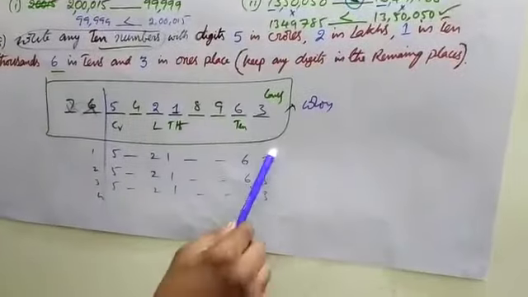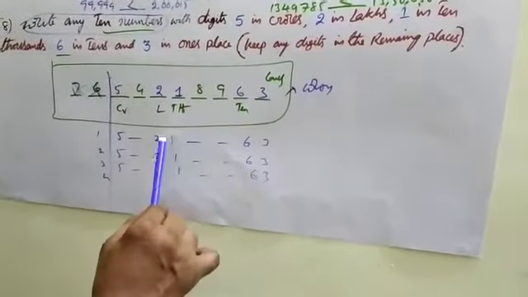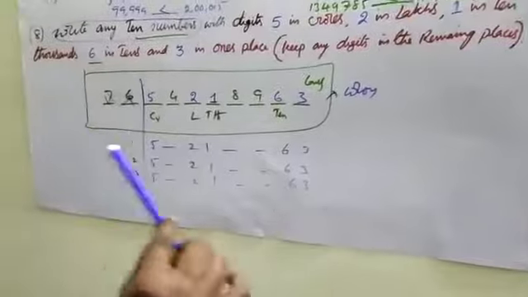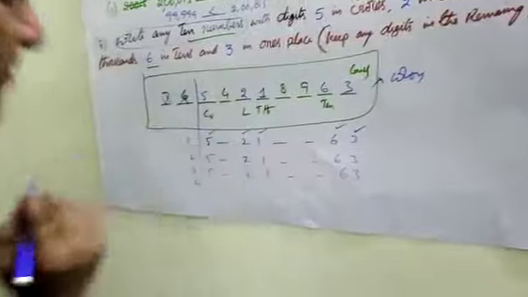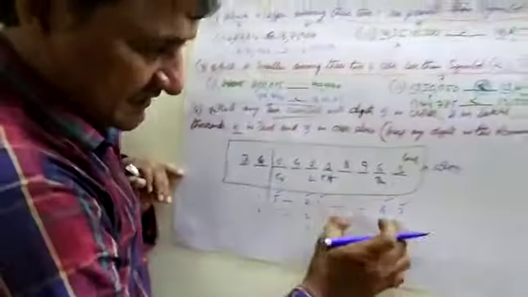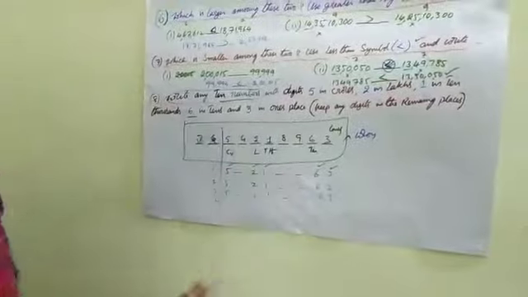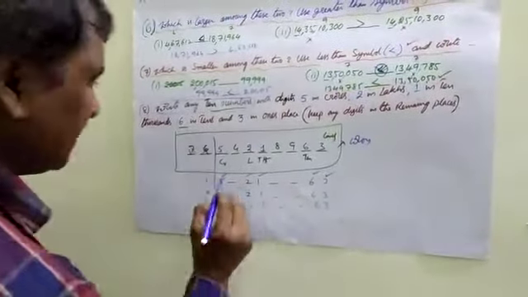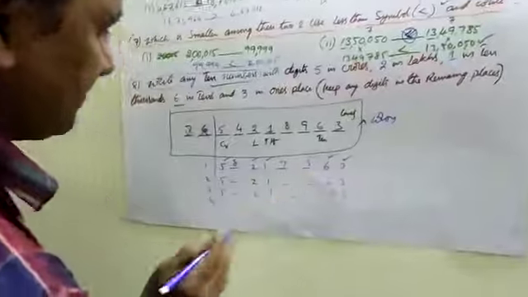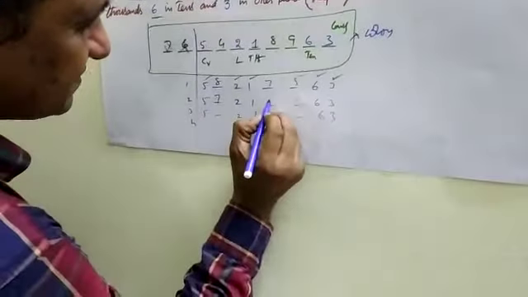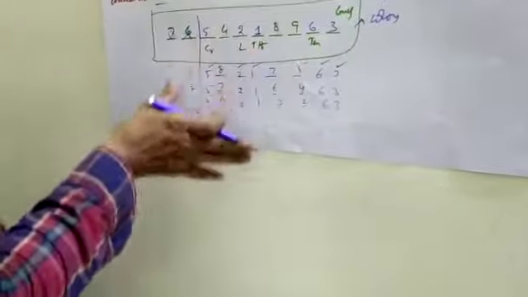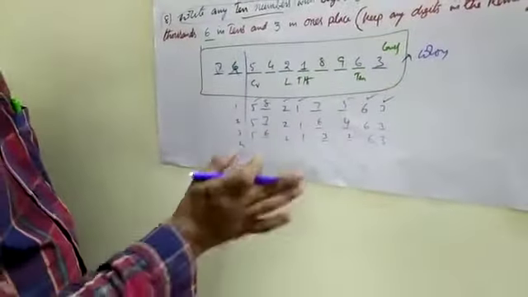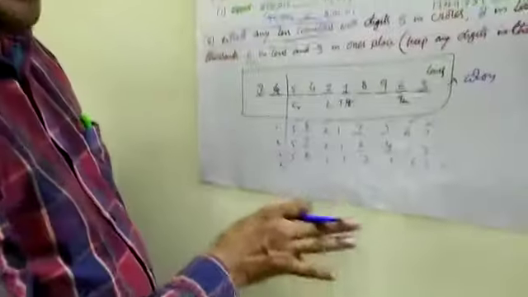Don't change the ones place, tens place, at the same time 10,000 place, lakhs place, crores place. Don't change these numbers. 3, 6, 1, 2, 5. Don't change these places. In the other places, write 10 numbers. For example, see, here is 8, here is 7, here is 5. Next number, here is 7, here is 6, here is 4, like this. At the same time, here is 6, here is 3, 2, like this. Thus, you write the 10 numbers. I write 3 numbers, the remaining 7 numbers you will write.